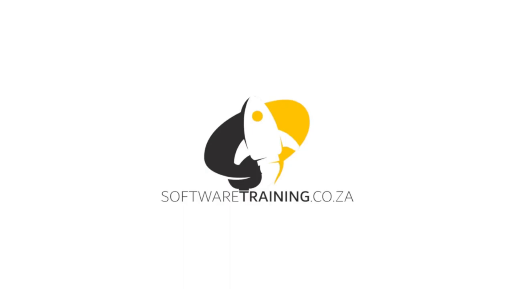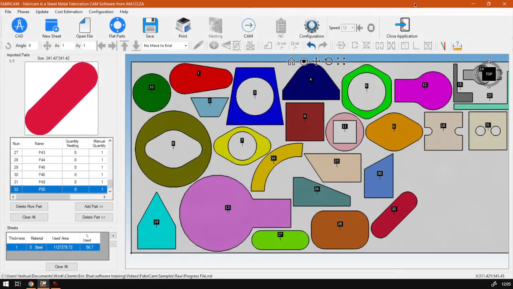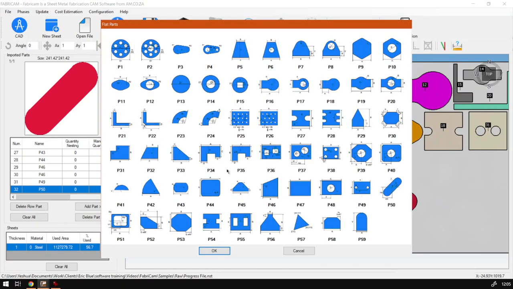Otherwise, if we head back into the program here, like I said, we're going to be looking at part 52 now. And I'm sure by now you guys are quite tired of viewing different parts. So like I mentioned, if at any point you feel like, okay, you've got this, you can always move on to the next mini series, maybe the advanced parts, or you can even skip that entirely. This is just to give you a nice thorough foundation, so by the time you start working with the parts, it is really like the back of your hand. But otherwise, if we go to flat parts here, we're going to go now to